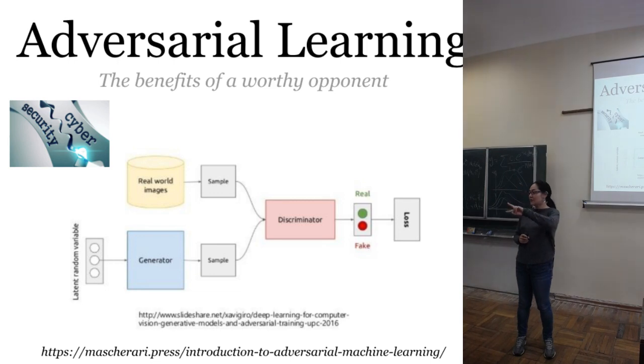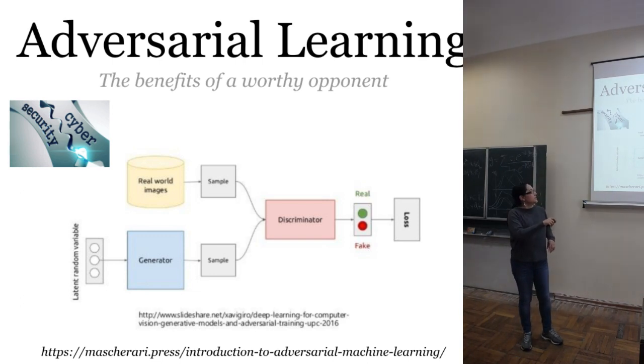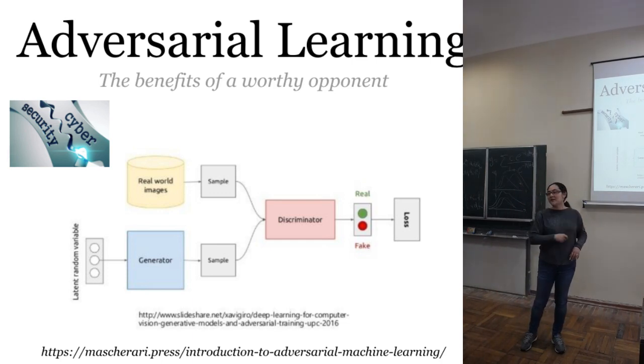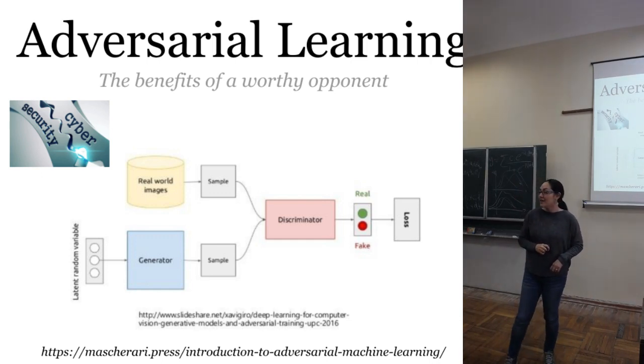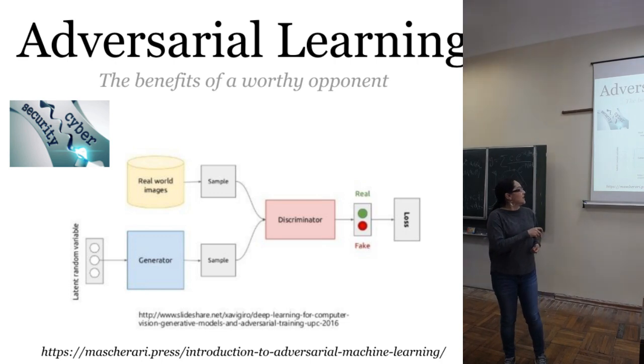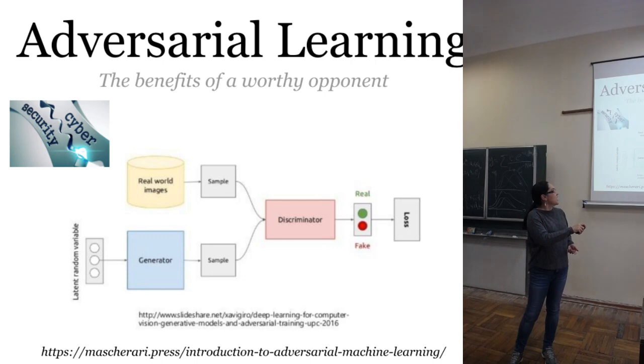So in this case, you have two neural networks working together: one that generates your sample, and one which is the discriminator. When you train, you feed the discriminator with a real-world image and with a bogus image. Then you say if this is real or not, and you minimize this loss function. You do this many times. As these systems develop, the generator gets really good at producing fake images, because it learns how to generate images as close as possible. And the challenge is that the discriminator also becomes a very good judge of what is bogus